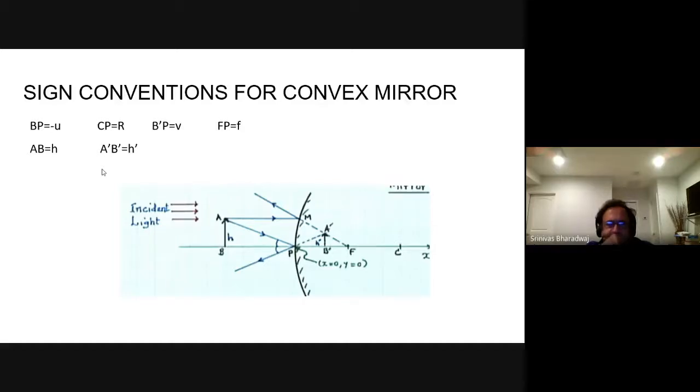Now, this is a convex mirror. In a convex mirror, when you are close to the mirror, the object will appear inside. Where do you use a convex mirror? Most often, you use a convex mirror in a car or a scooter. Those mirrors are typically convex mirrors. So most often, you will have incident light